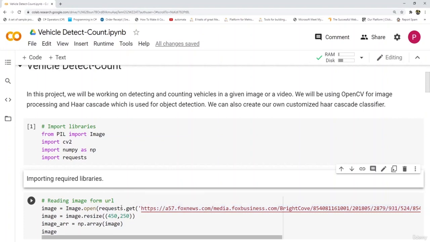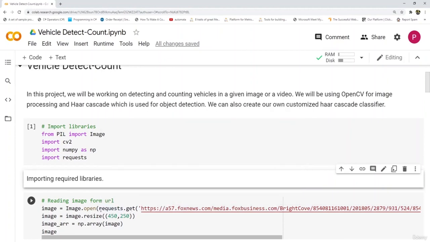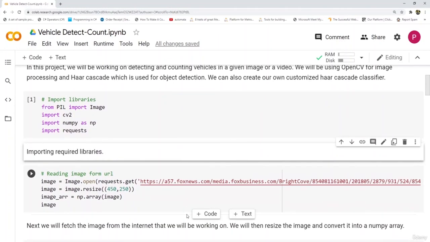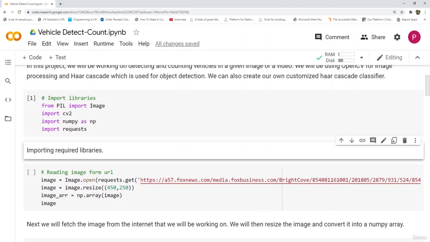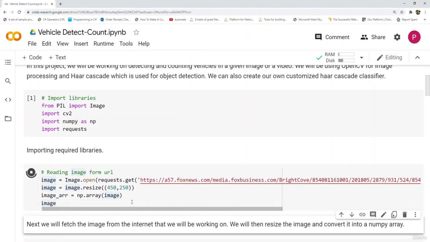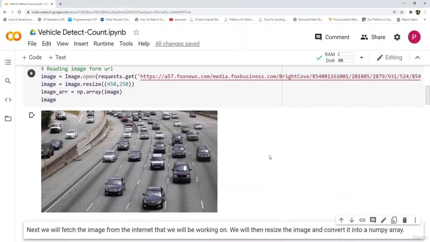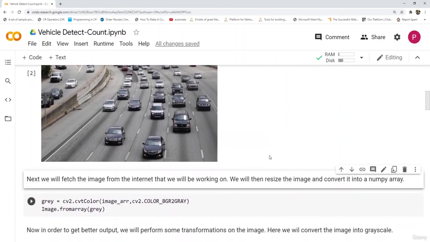Here you can see that I have used the request function. This request function will fetch this URL and the image will be stored using Image.open. Similarly, I am also resizing this image and converting it into a NumPy array. So let's run this cell and visualize the image that we'll be working on. Here you can see that this is the image that we will work on. In this image, you can see that there are many cars, and we will work on identifying them and counting the vehicles. So next what we'll do is, in order to get a better